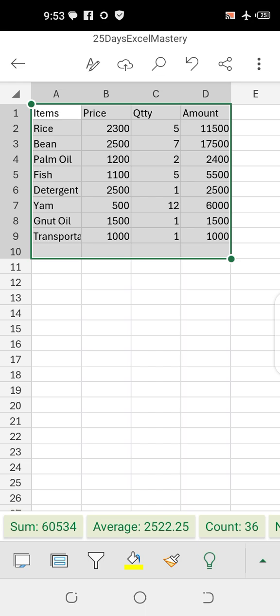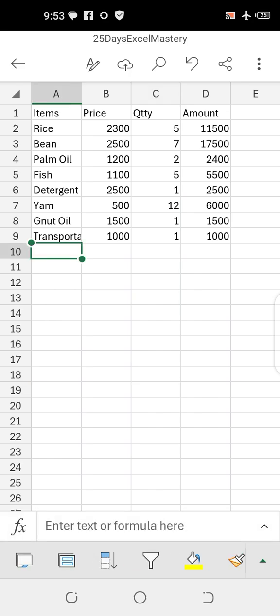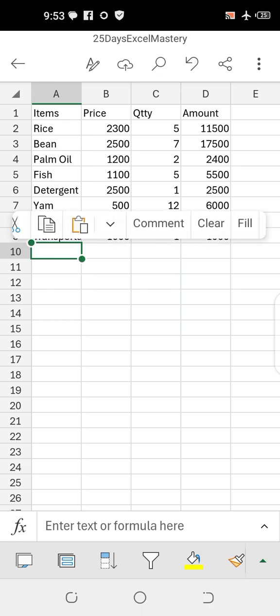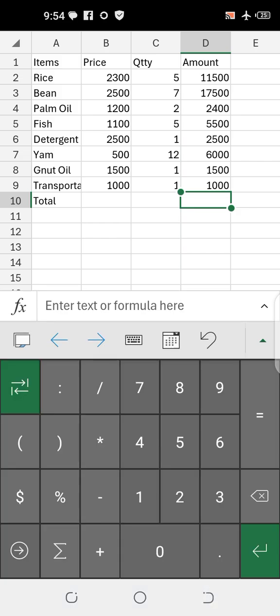Now I've pasted it. Don't forget, our goal is to format this data, ensure that we give it alignment, we as well give it color and border, just as we have this data. So let's assume I want to add the total number of everything. This here is the total. So total, all right, and the total here equals to